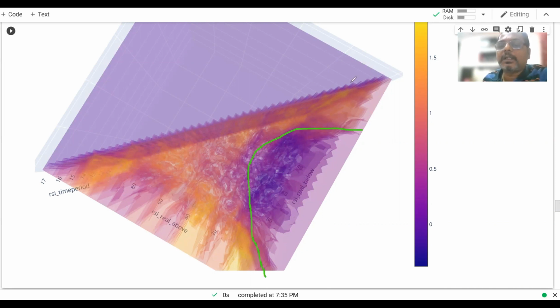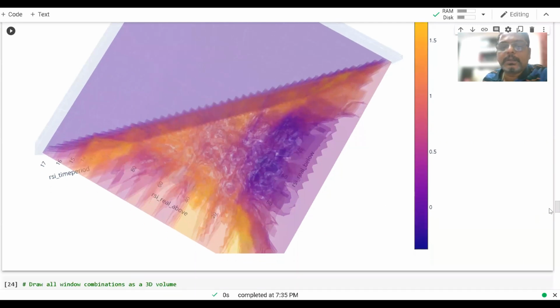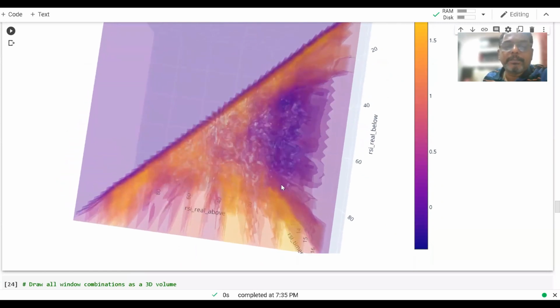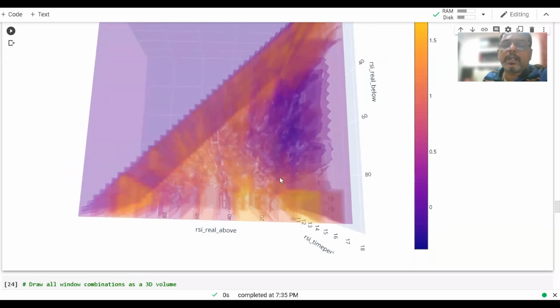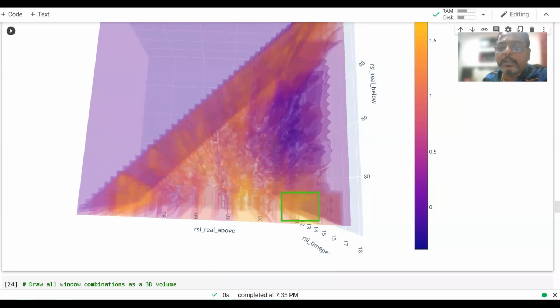Then let's go a little further. Let me just go a little down and see. Okay, so there are particular areas where you would be able to see clear winners, and please do not take this as any kind of advice, because this is not a complete trading system. Building a trading system is not so simple. It takes a lot of time, it takes a lot of effort, and only then do you have a good winning system. This is only for discussion purposes.